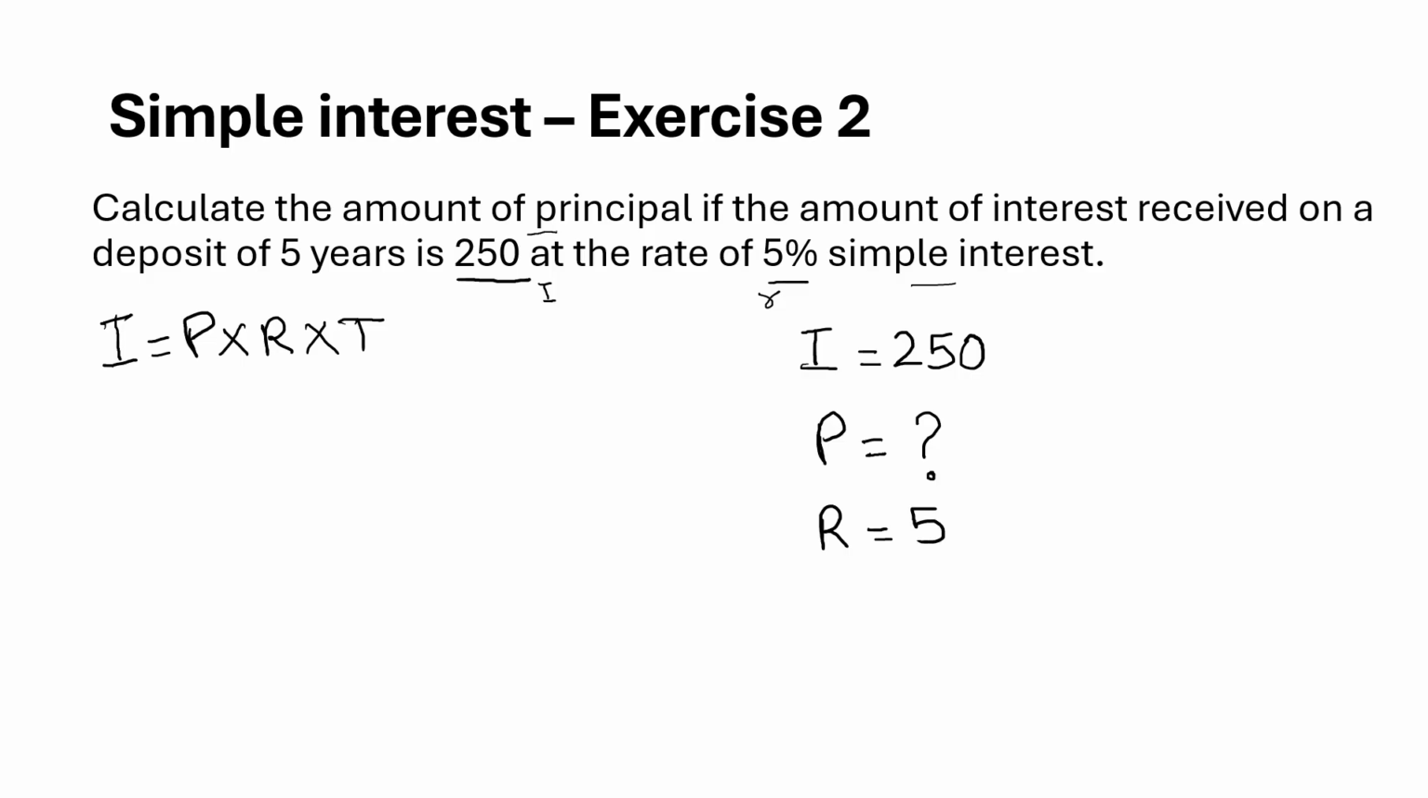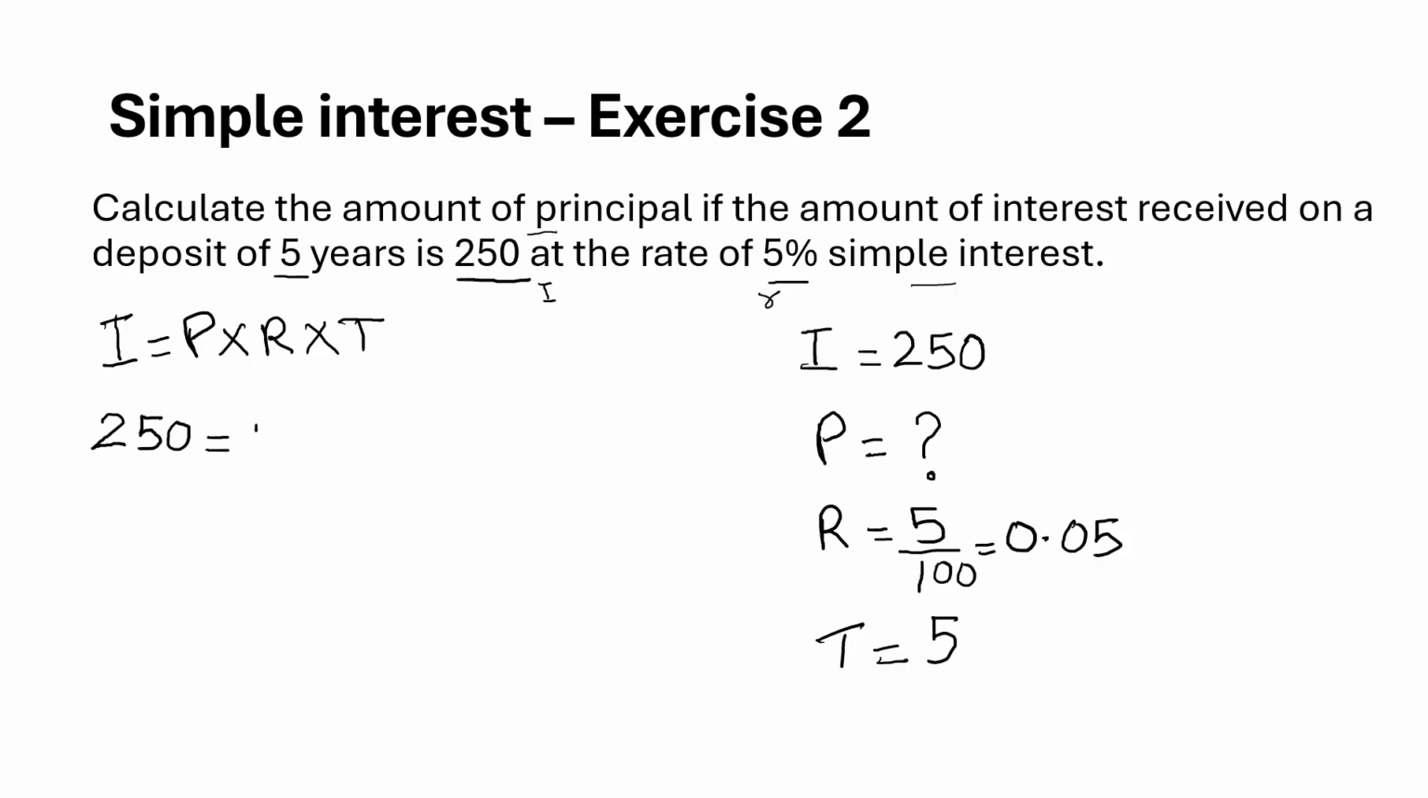5% means 5 divided by 100, which on the calculator will be 0.05. And then my T. What is my T? T is the time period. The time period here is 5 years. So my T is 5. Now just substitute. I is given. What is my I? 250